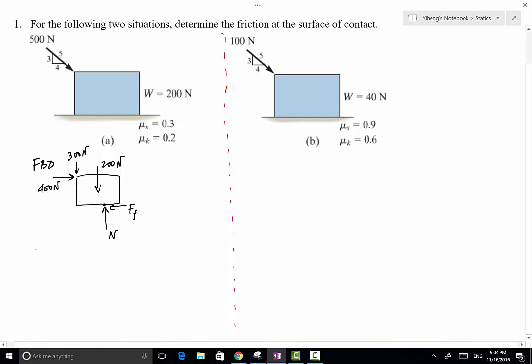So the resultant force along the y direction has to be 0 because there's no movement along the vertical direction. So that equals the normal force minus 200 Newton weight, also minus the 300 force, this one right here. And that equals 0. So from here, we can solve for the normal force to be 500 Newton. So at this point, we're going to assume the box is not moving,